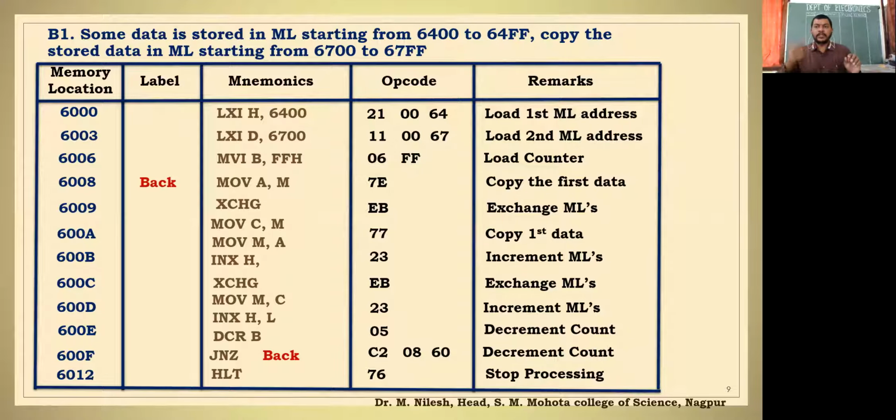Because before copying the first data, we have to store that data somewhere else. Right? That is what we have done. So we have used all the registers. If you are able to see in this program, we have used HL pair, DE pair. So 4 registers are blocked over there. Register B for counter, register C to store the second memory, register A to store the first memory content, right? So all the registers are being used in this program. Am I clear? So I hope you got this program.